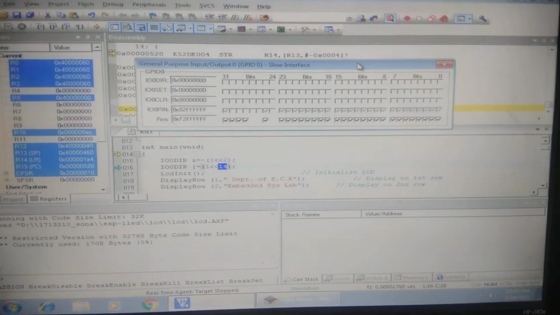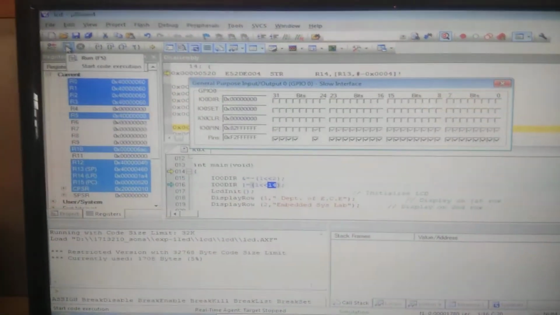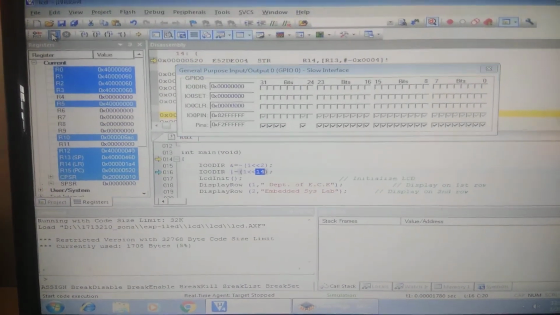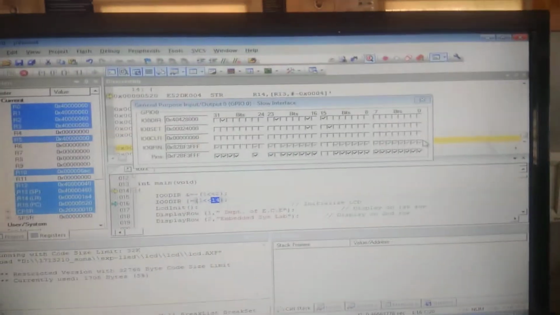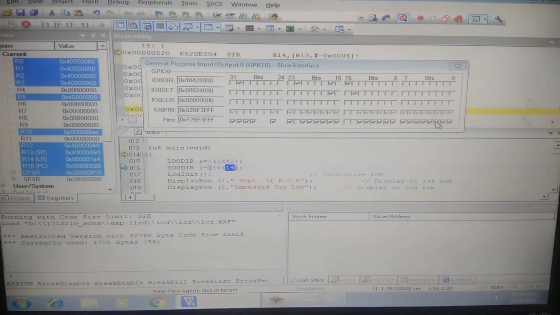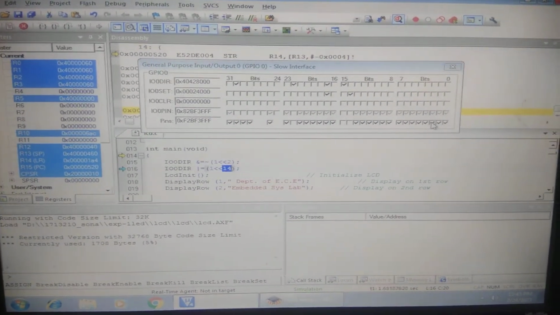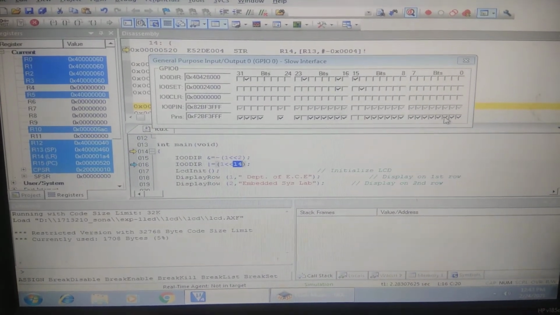Right, you can verify with the help of the simulation. I'm going to run the program. So here the program simulation is started. Now port 0 second pin is connected with the key.